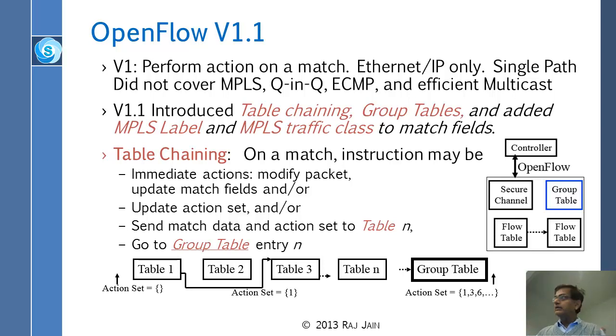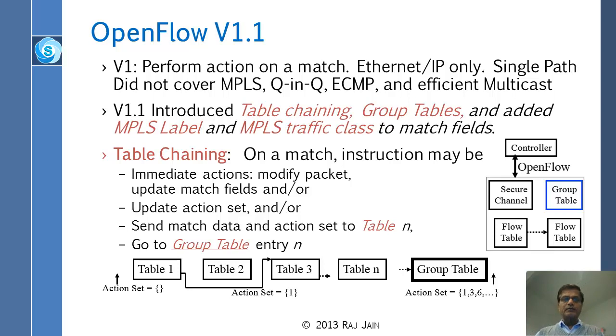Now there is one more. So there is an action set. The action set is the list of things that you have to do, and you keep it in the set. So action set is 0 here. It becomes whatever was told here, 1, and then 3, and then whatever. So you keep making your list of actions.